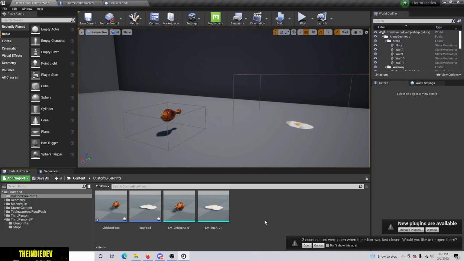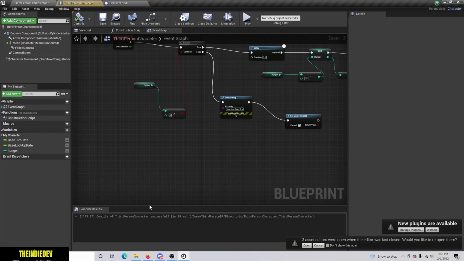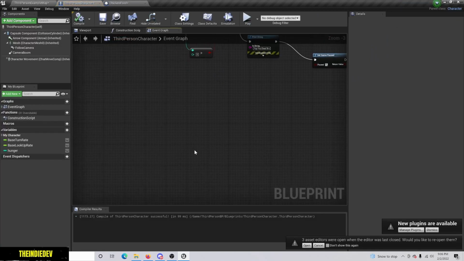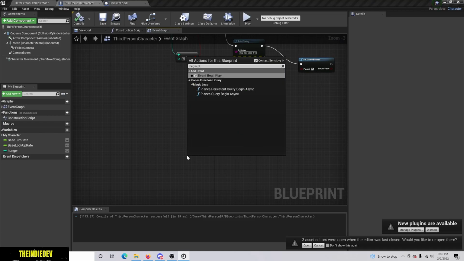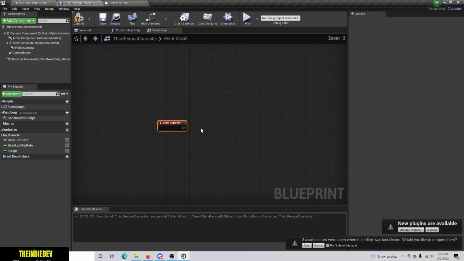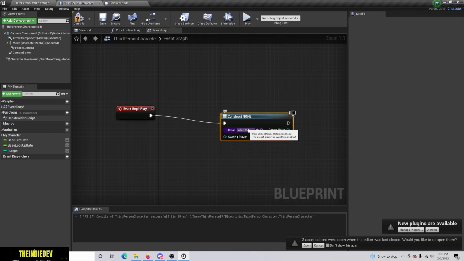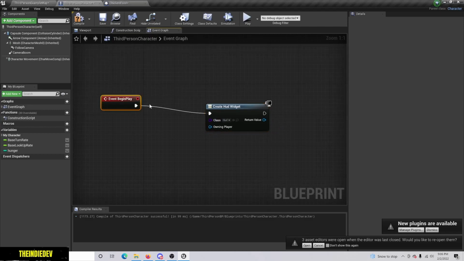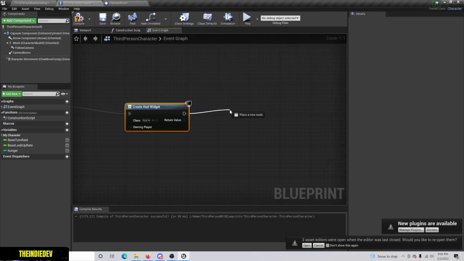So now on to the fun stuff. If you go back to your blueprint for your third person character, you're going to want to find a little space, right click and do begin play. So what's happening is when the game starts, this line is about to execute. So you drag off, do create widget, and then for the class, select your HUD. So basically, when the game starts, our HUD menu will create, and from here we will